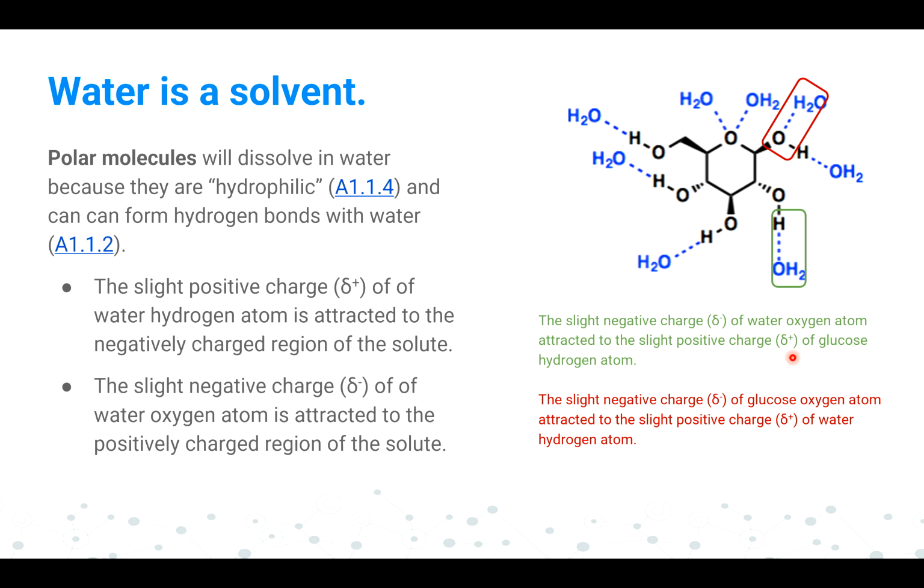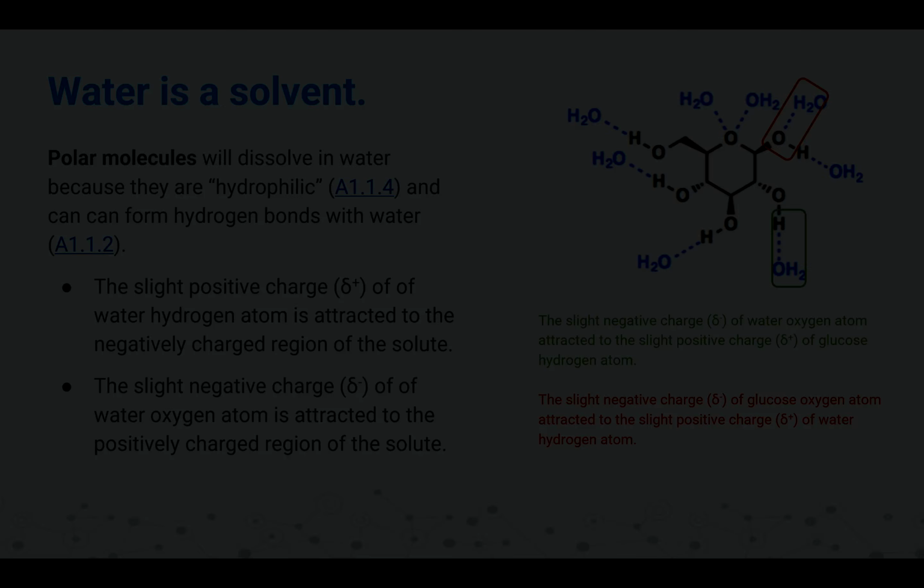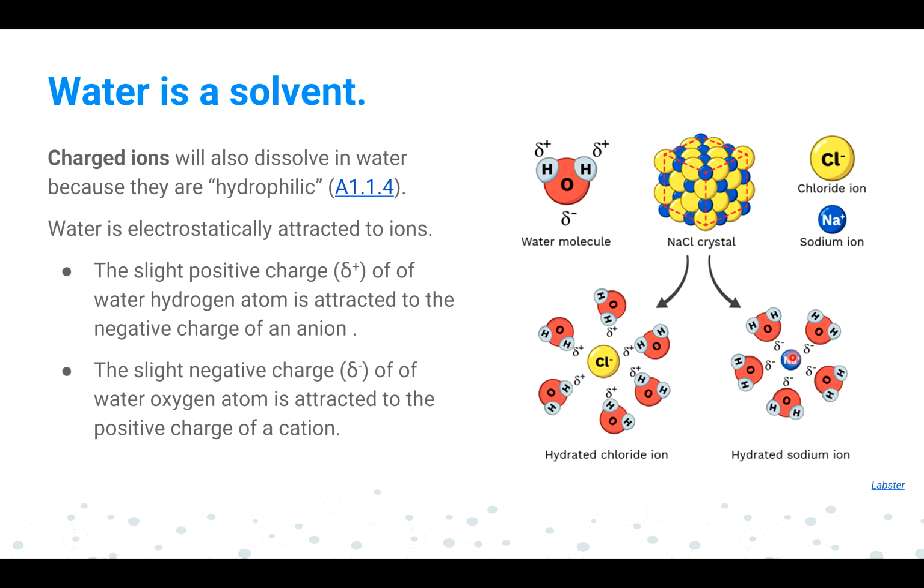What is a solvent? Again, this solvent nature is due to polarity, and that polarity is due to the presence of oxygen atom and hydrogen atom. Both have slight positive and slight negative charge, right? And these charges help in interaction with other charged molecules, and that makes it solvent in nature.